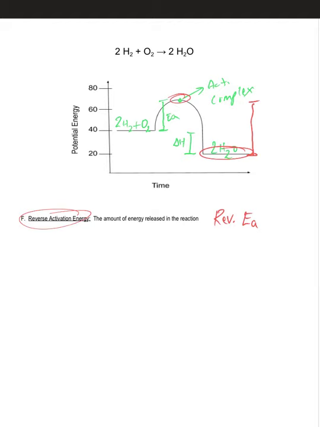If you remember, the activation energy was from the reactants to the peak. The reverse activation energy is going to be from the products to the peak of the graph. And so that would be solved by doing, the peak is 70 minus 20. 70 minus 20, you're going to get about 50 joules for the reverse activation energy. Now, on top of being the amount of energy that's released in the reaction, the true definition of reverse activation energy, which is very important, is that it is the energy required